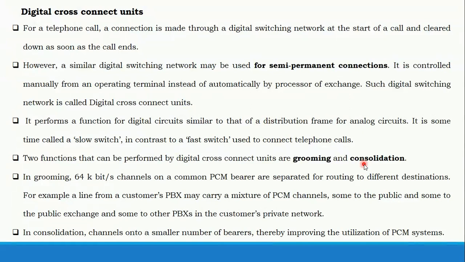Depending on the digital cross connect unit, you will be having a semi permanent connection. That means earlier we observed that magnets are connected at the cross point, or diodes are connected, even reed relays are connected, and AND gates are connected. So now we have a special cross connect unit called the digital cross connect unit. These are the few topics which come under time division switching network.